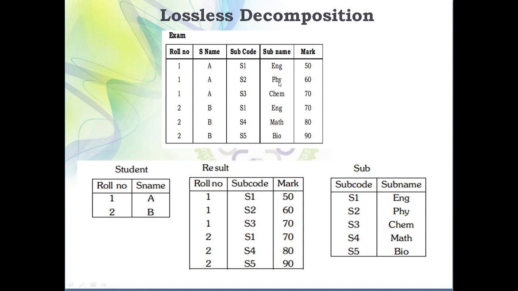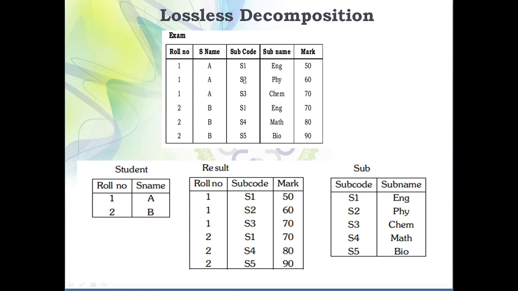So now we are going to add this column, subject name. English: S1 is common with S1. Here S1 is there, here also S1, so we are going to combine this row. So 1A S1. Now what is the subject name? English, and marks is 50, already there. Then this S1 is combined with this, does it match? No, it is not going to match.